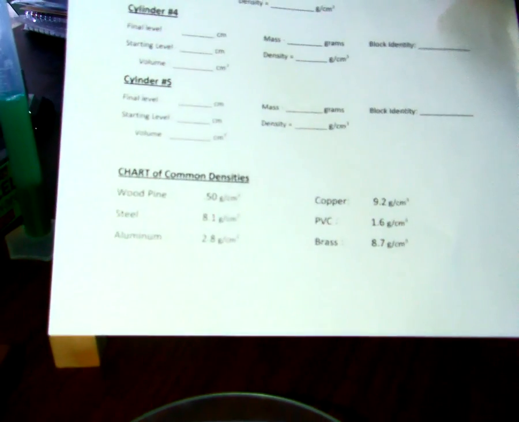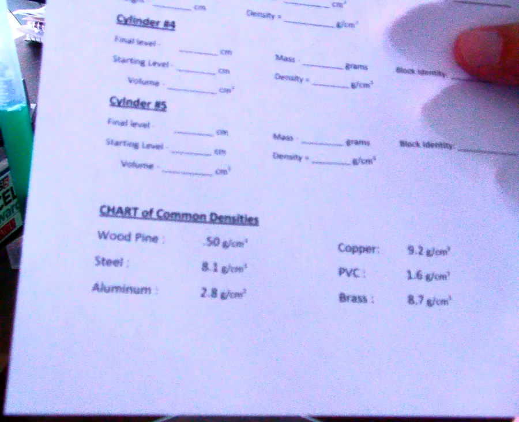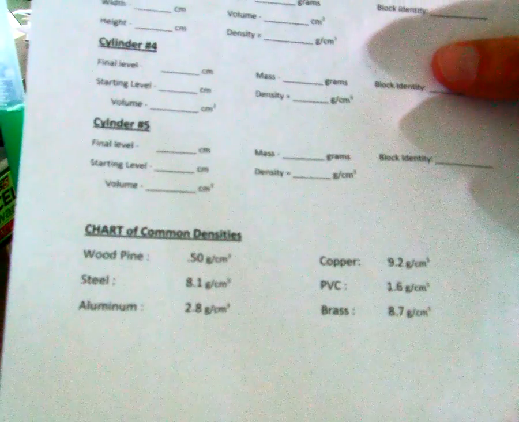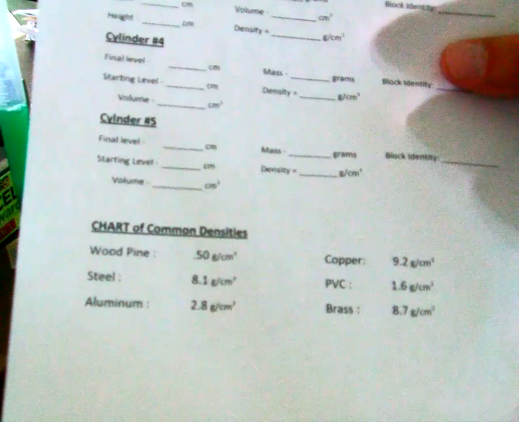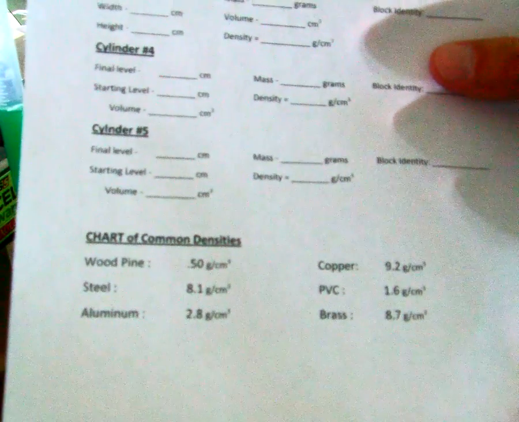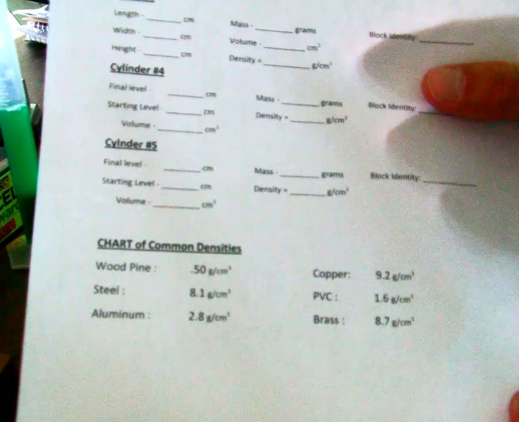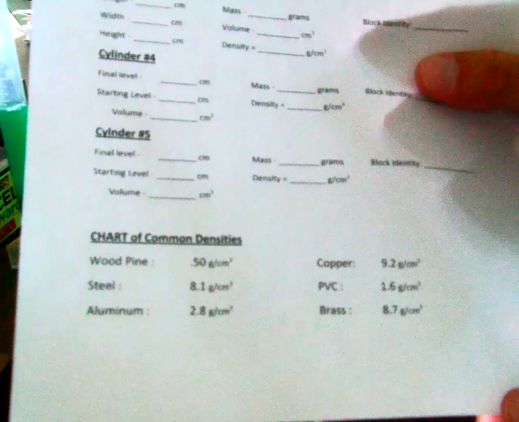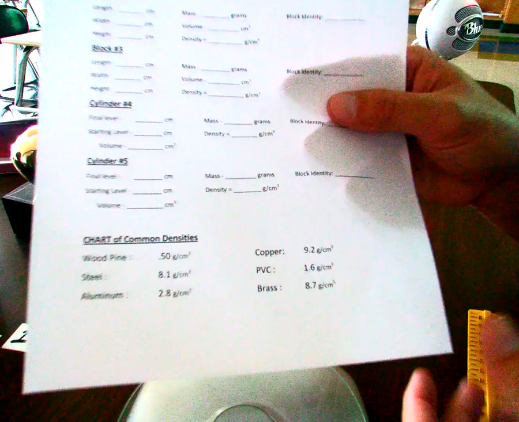We'll take a look at that one more time. Now you do have some options to choose from here. We have steel, which is 8.1 grams per cubic centimeter. We have wood pine, which comes in at 0.5. We have aluminum, which is 2.8 grams per centimeter cubed. Copper is 9.2. We have PVC at 1.6 grams per centimeter cubed. And brass at 8.7 grams per centimeter cubed. So we have a few things to choose from. What we're going to do now is